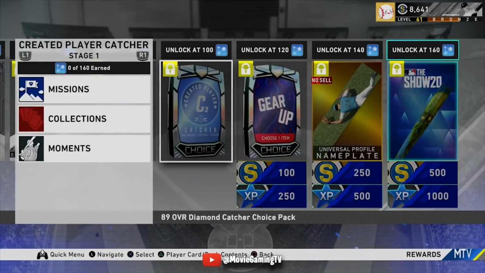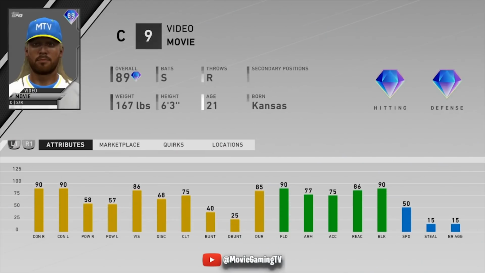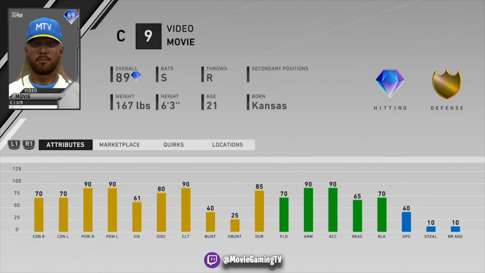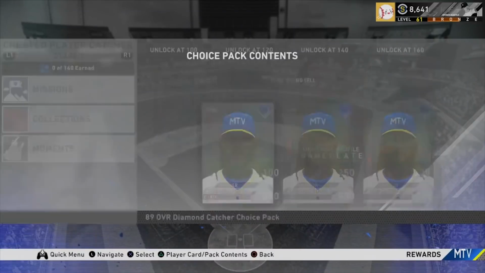Last year, I did make a balanced catcher. I wouldn't go with the contact one. I would either go with the power. He's going to have a ton of power. There's not a lot of catchers that have power in MLB The Show 20. But the balance is not bad either. This is what I went with last year. He's not bad. But I'm going to definitely...